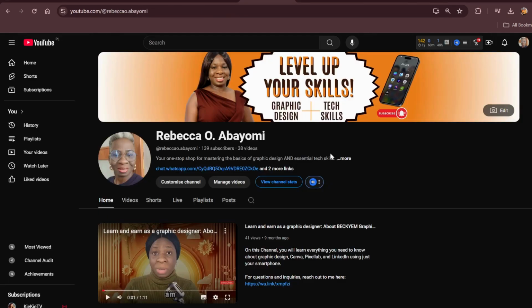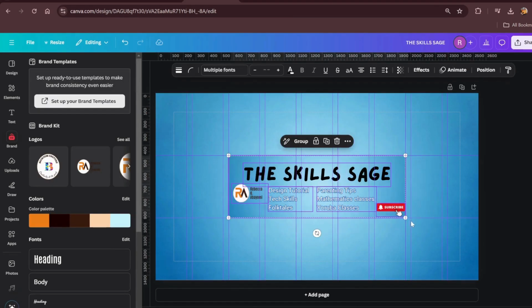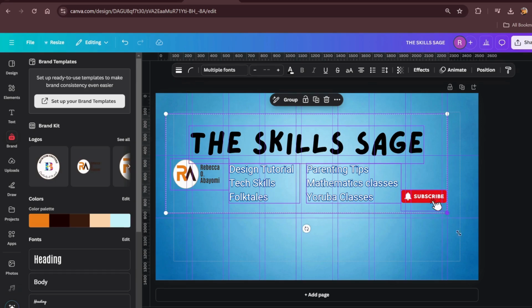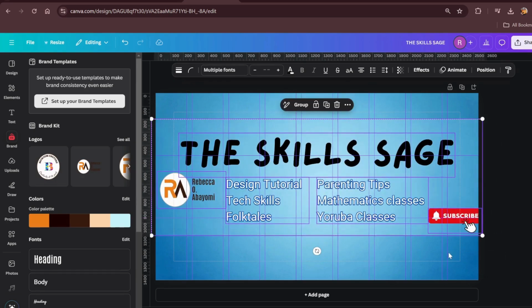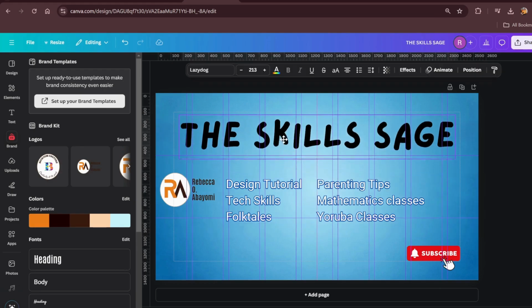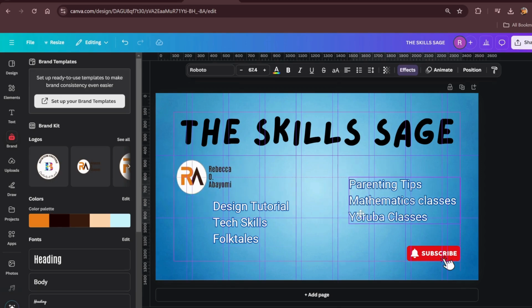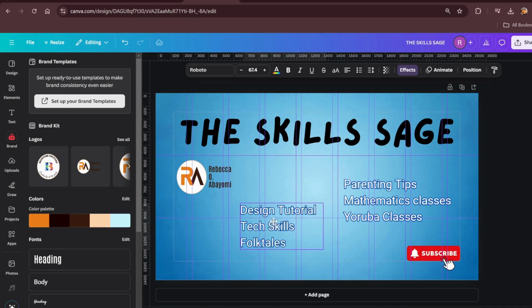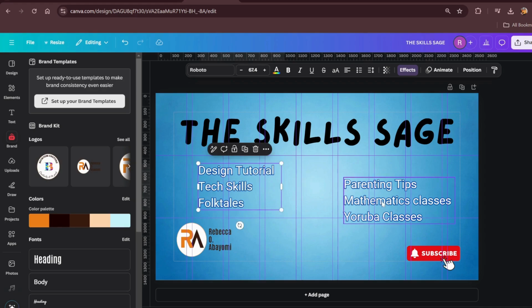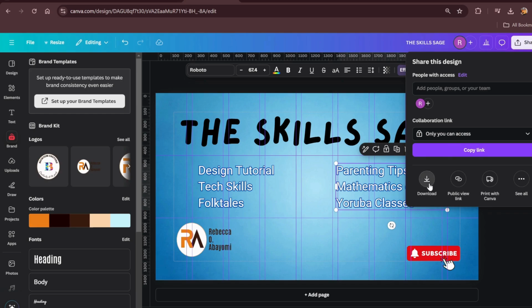If you have designed it in such a way that it is all like this, let's even try it. Let's say our design is like this. Our design covers every part of this page. Let's say we make our design like this. We put this one here, we put this one here. By the time you will be uploading it, you realize that it is only these ones in the center that will show. Let's download,